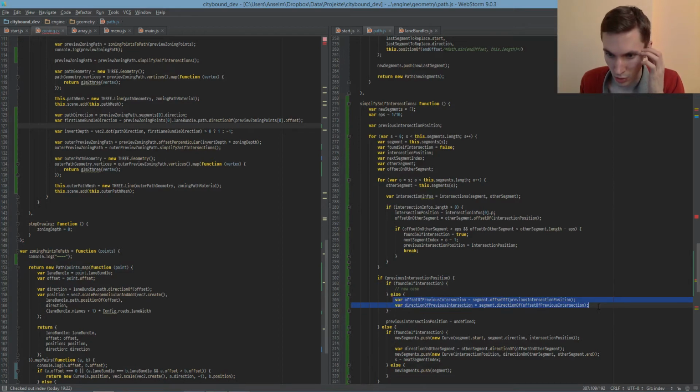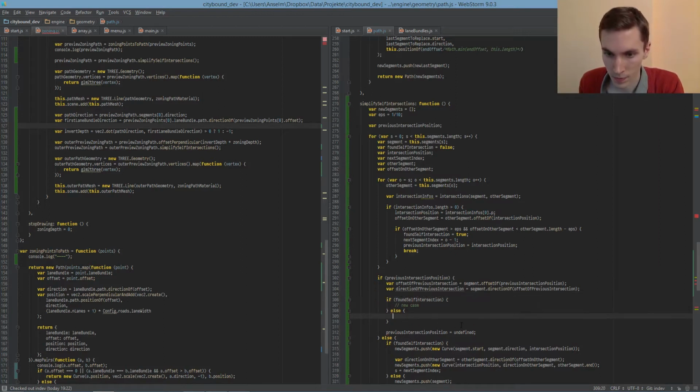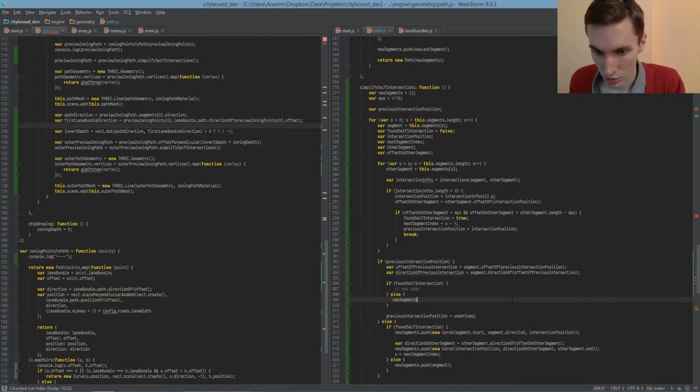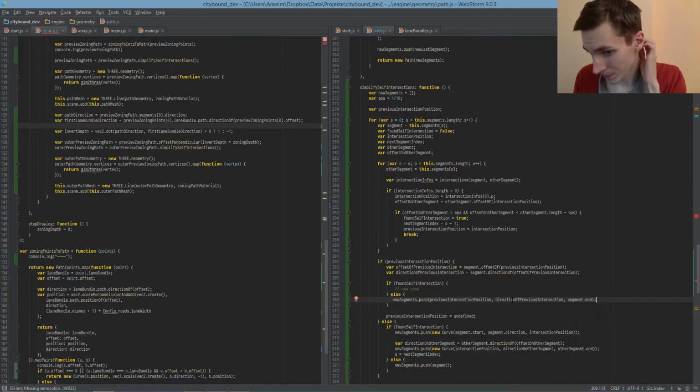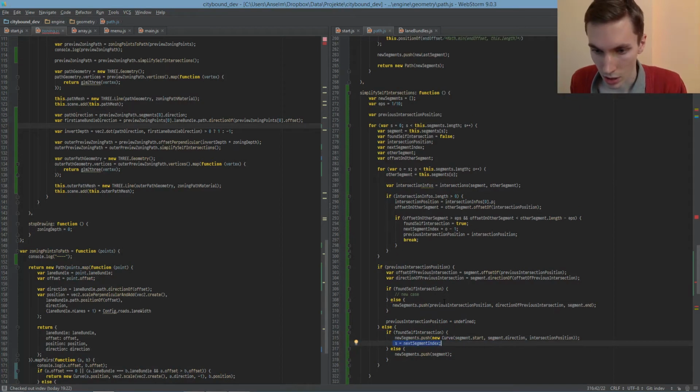I think we need this in either case, yes. So this is what we had here. So we push in segments, push previous intersection position, direction, previous intersection, and then segment dot end. So we don't need that anymore. Else, if we have a previous intersection and a new intersection,